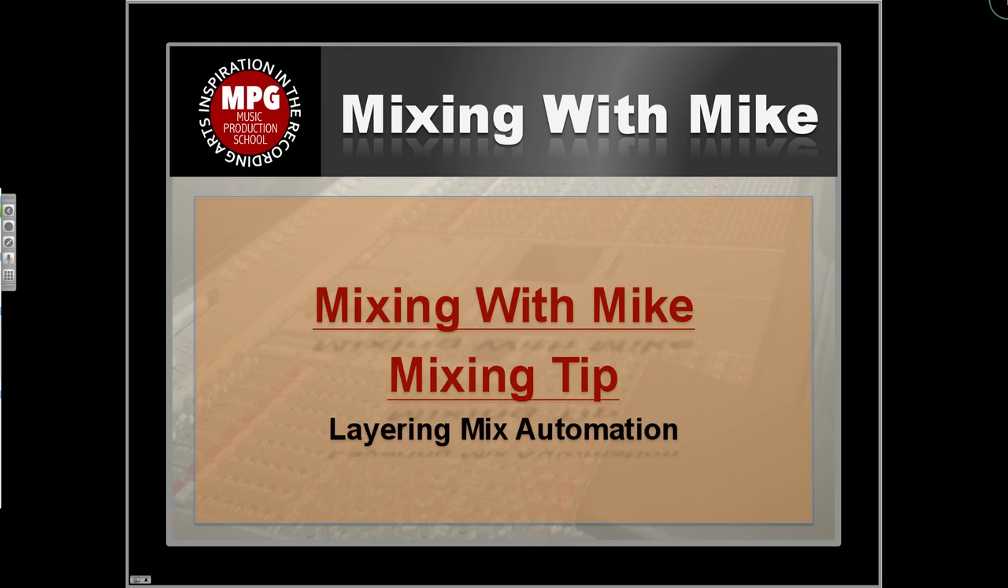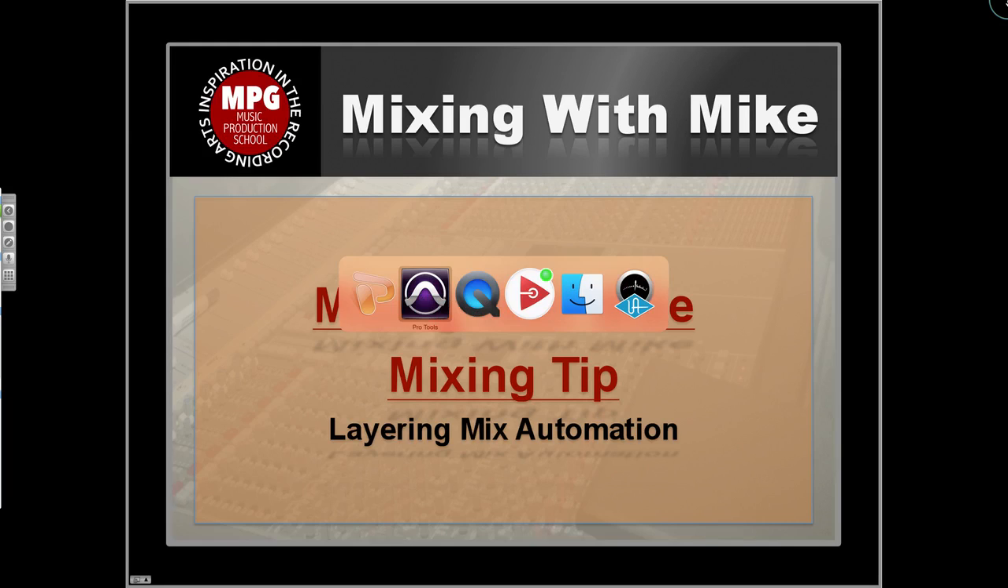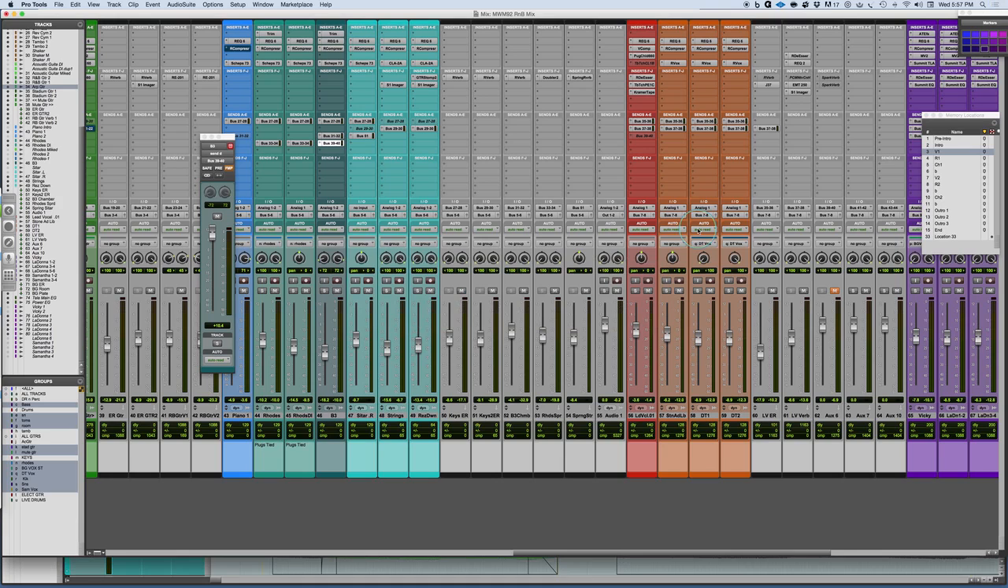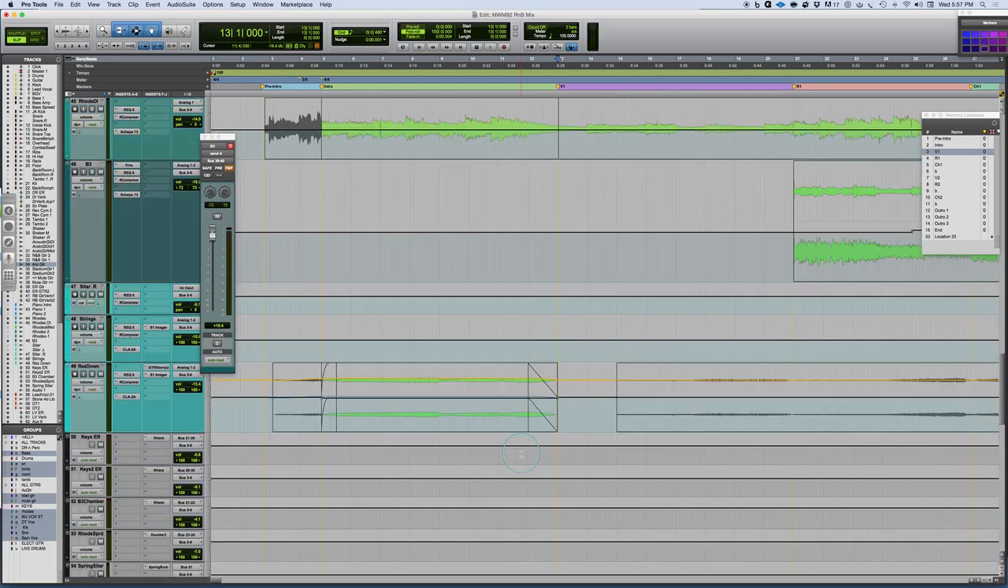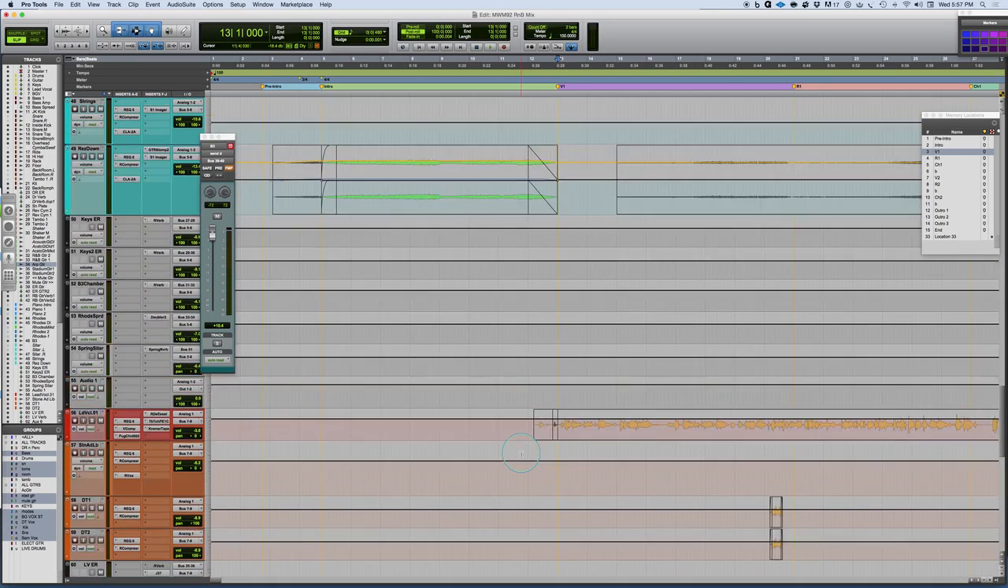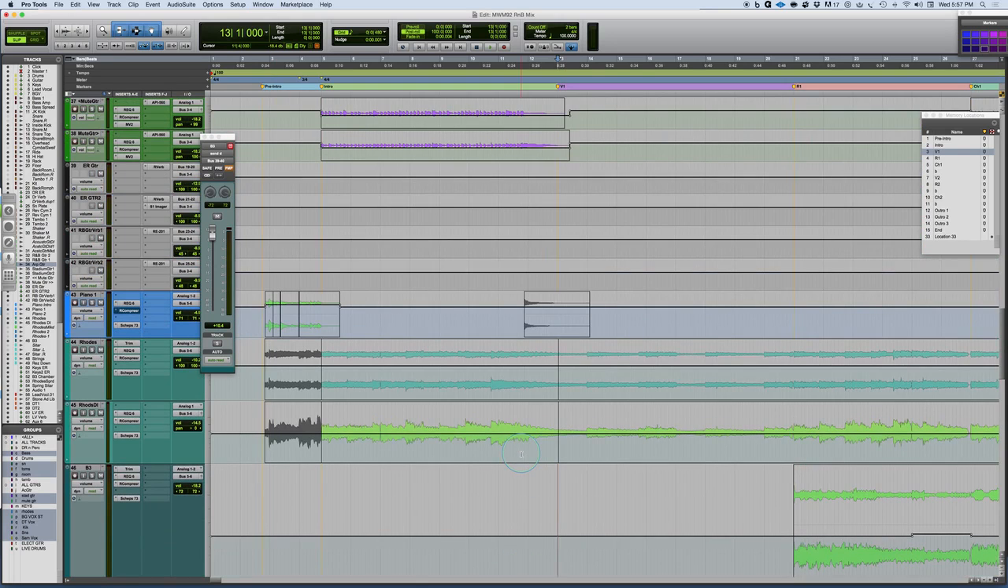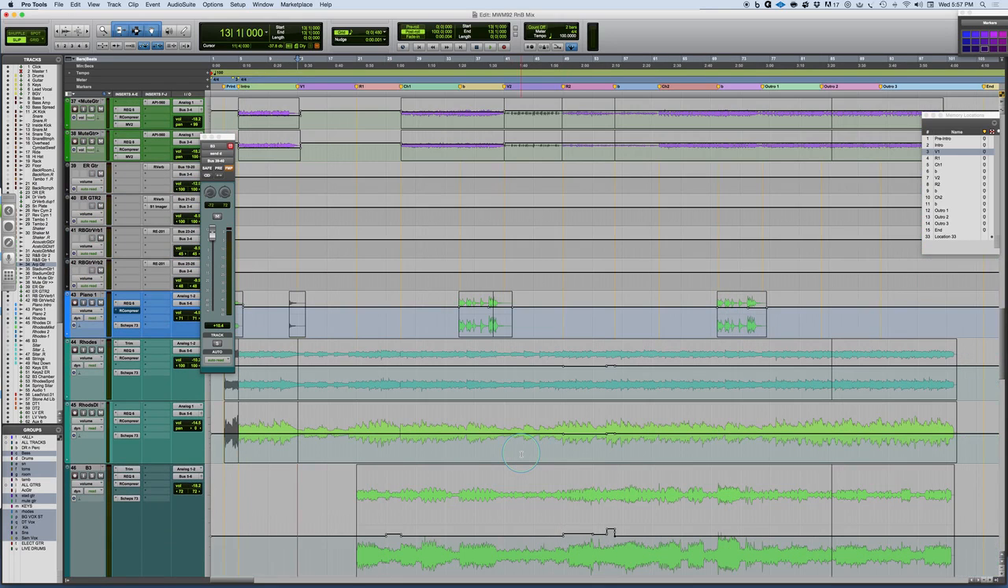Mixing with my mixing tip, layering mix automation. When applying mix automation, one of the things that you'll want to focus on is getting individual instruments sort of in their place. The way that I look at it, when you layer automation, the primary focus is that you want to set a nice, good static level that works from beginning to end with